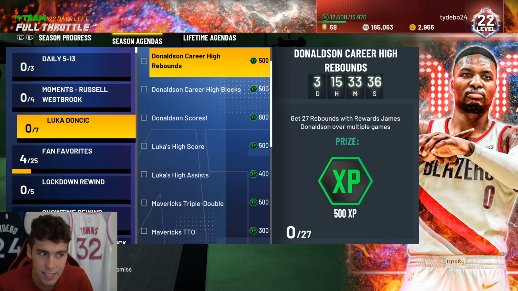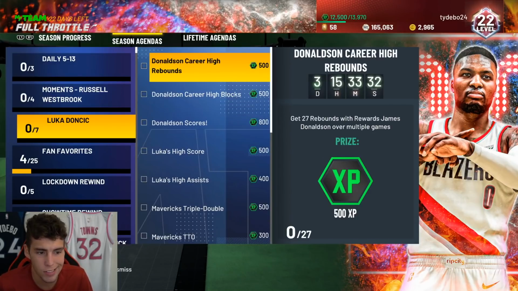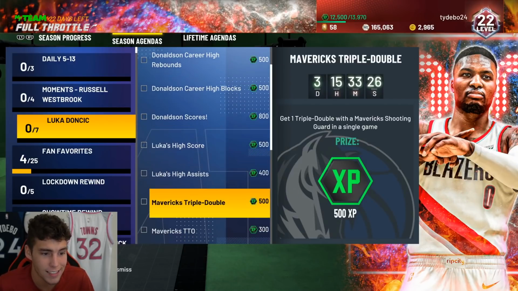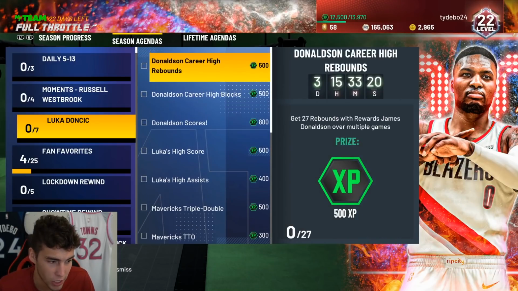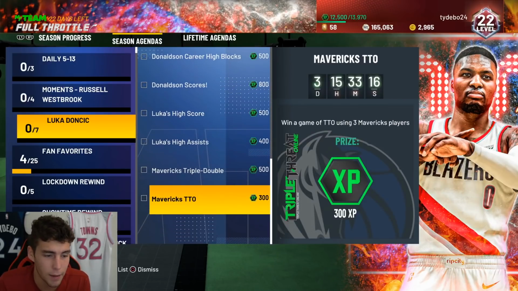Now, with the 20 assists, hopefully you can at least get 40, 50 points with James Donaldson. Hopefully 10 or so rebounds with James Donaldson as well. So you're making some good progress in those. So hopefully after that single challenge game, you've got these two challenges done, as well as you're making good progress on James Donaldson. So after you get the single challenge player done, the win a game of triple threat online,